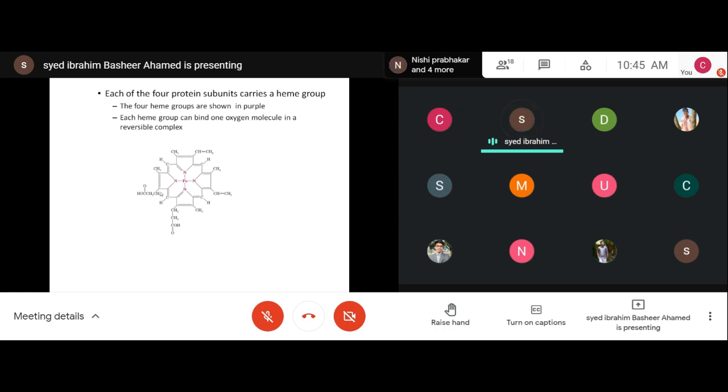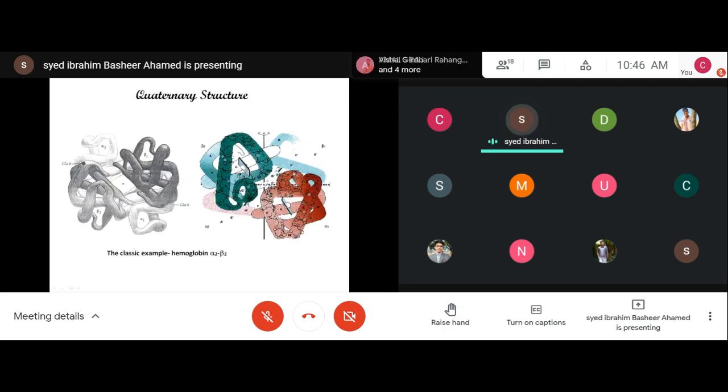Hemoglobin carries the oxygen to the blood cells, whereas myoglobin carries the oxygen to the muscle cells. So you should know the difference, but basically the function is the same. Again, the heme group, a non-polypeptide group, is in the active site, which binds the oxygen. You can see here the iron molecule, which will bind with the oxygen.